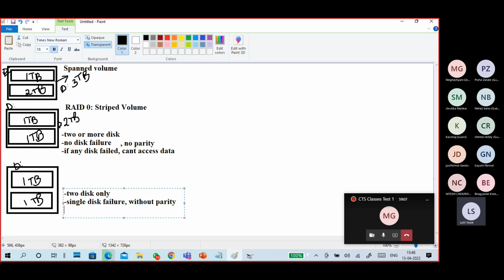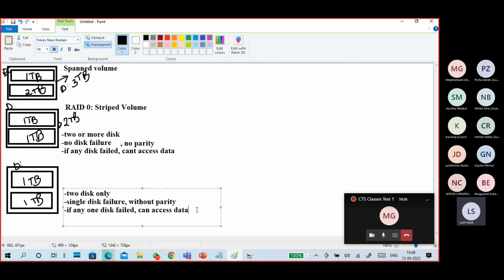Without parity. Meaning is, if any one disk is failed, you can still access data. There is no parity here, but I will explain in RAID 5 what is the meaning